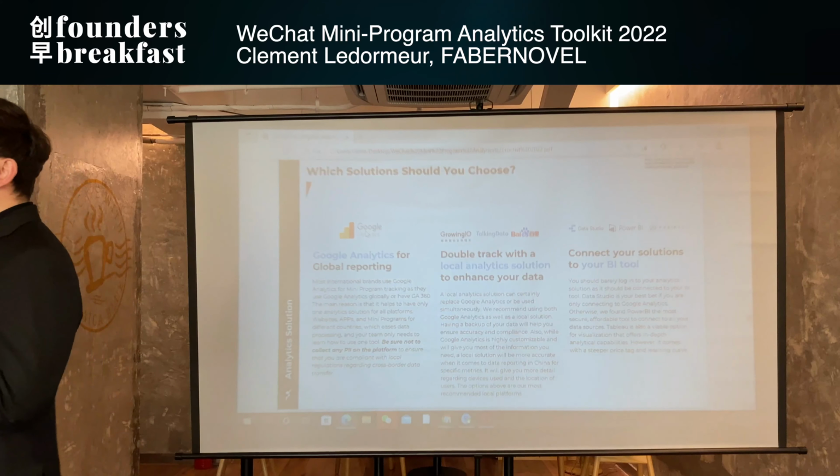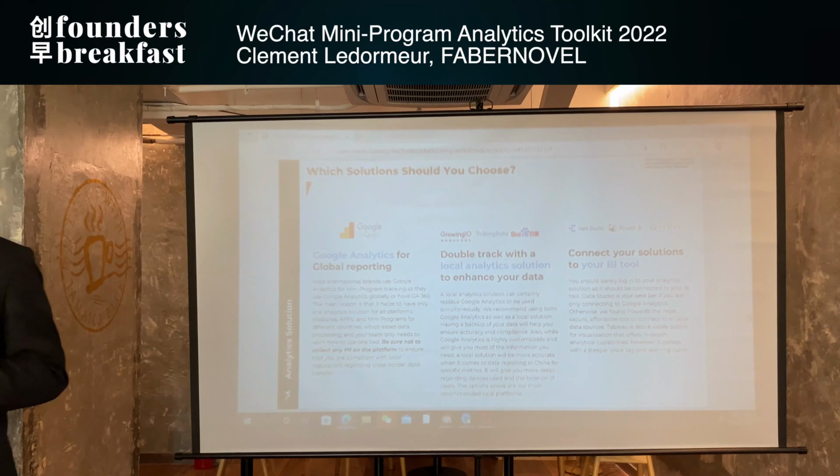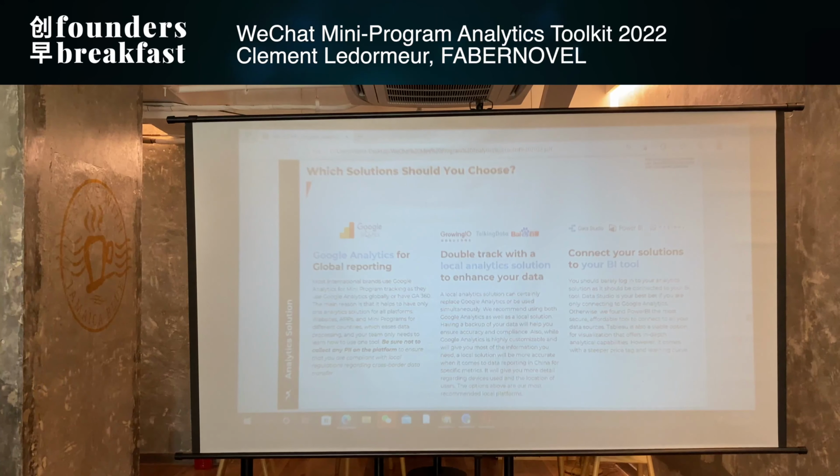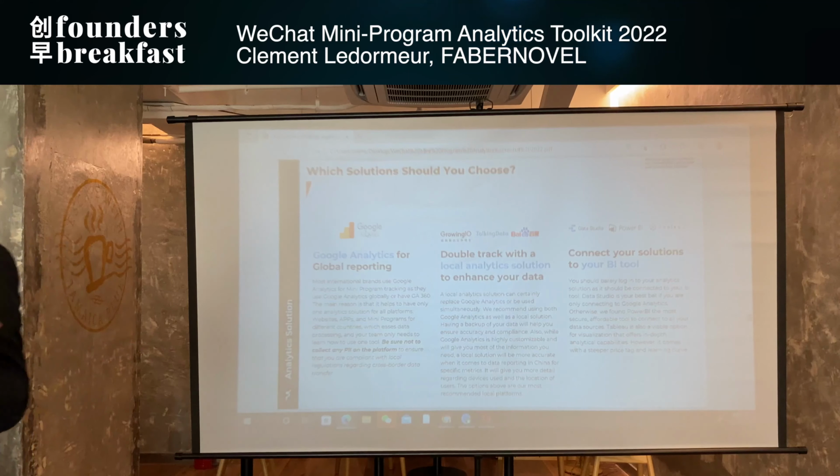What I would recommend is definitely to shift away from it, because probably sooner or later it's going to be officially not possible to use. So what we do for now, we still use Google Analytics. We double track, meaning you can have several analytics solutions, as many as you want. We double track with Baidu, for example, which is free, to make sure that we have both local and Western.